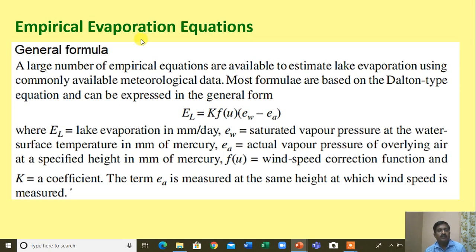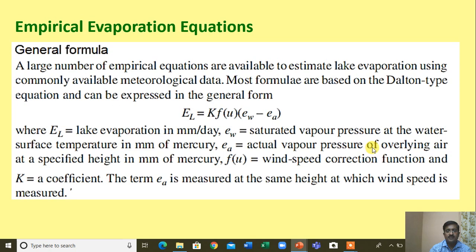Now, some empirical evaporation equations. A large number of empirical equations are available to estimate lake evaporation using commonly available meteorological data. Most formulae are based on Dalton type equations and can be expressed in a general form: EL equals K F(U) times (EW minus EA), where EL is lake evaporation in mm per day, EW is the saturated vapor pressure at the water surface temperature in mm of mercury,